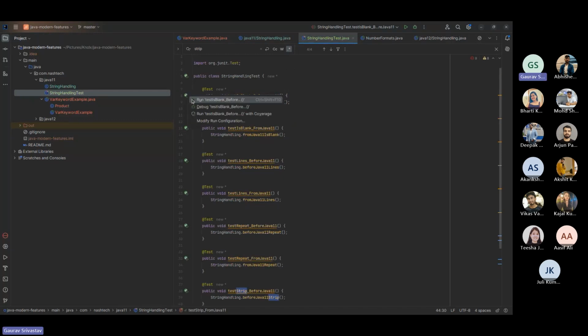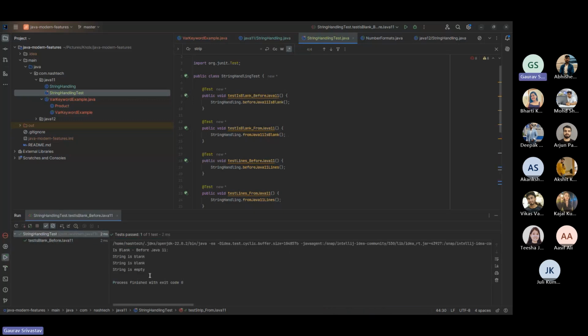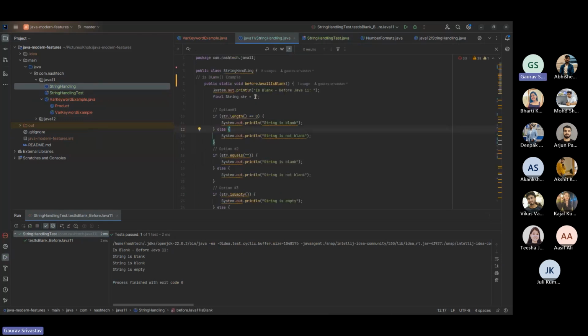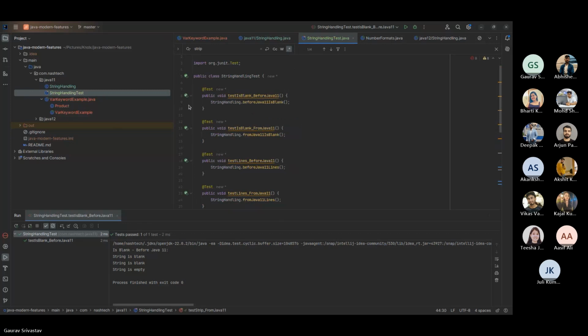So let's run this. If you see, we are getting string is blank, string is blank, string is empty. Now let me add some white spaces here. As you can see, in the previous check all the if conditions pass, and we get string is blank and string is empty. Now we added a few white spaces, and if you run this code again,